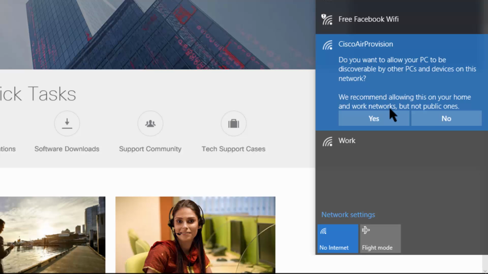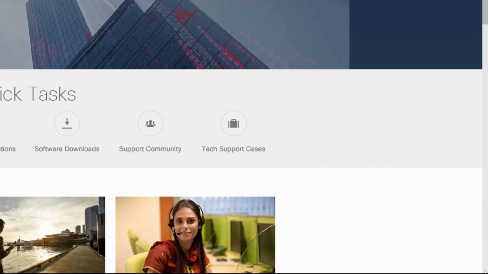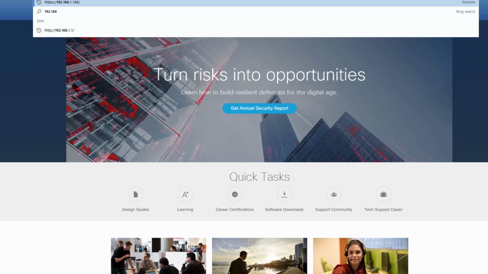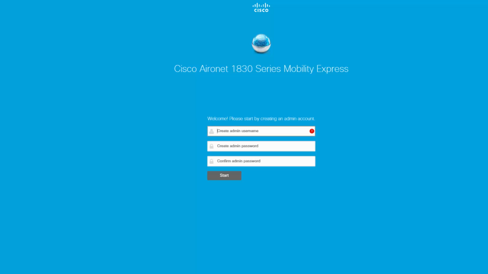As soon as you've connected to that SSID, we're going to be able to bring up a browser and start the provisioning process. We want to open up the browser and go to 192.168.1.1. And as soon as we fire that in, it brings us straight to the simple wizard,